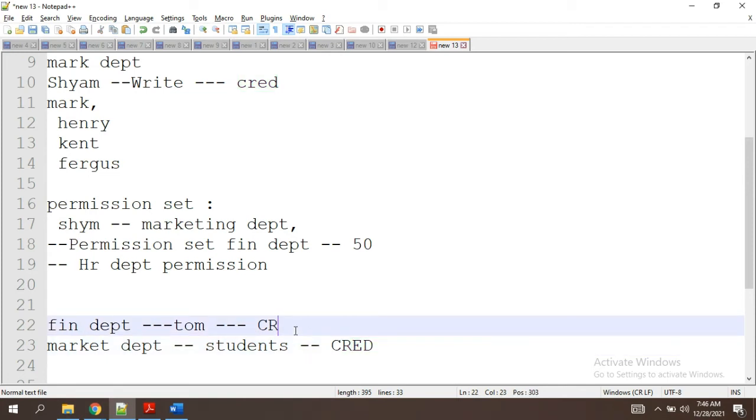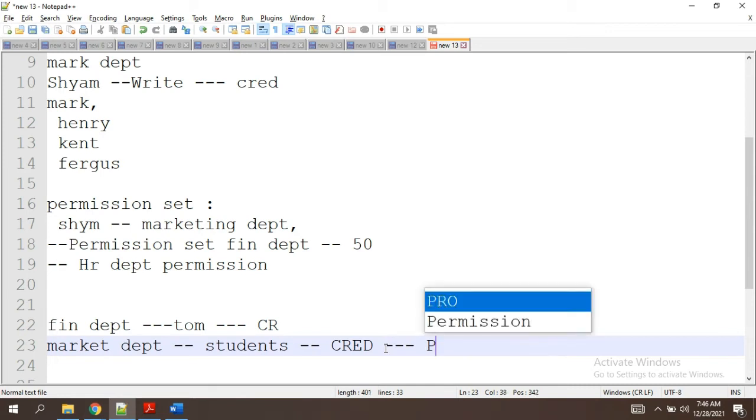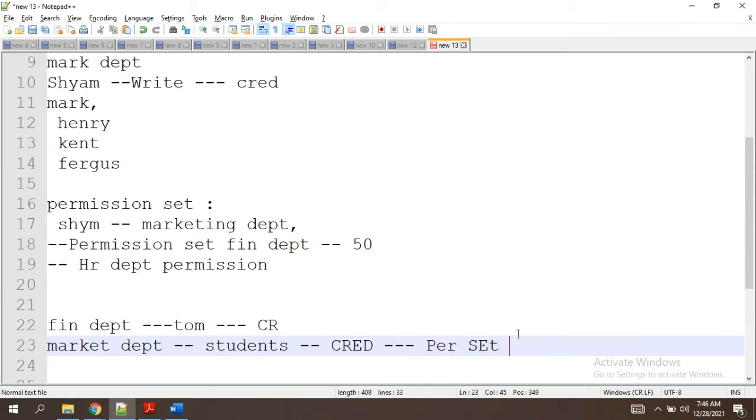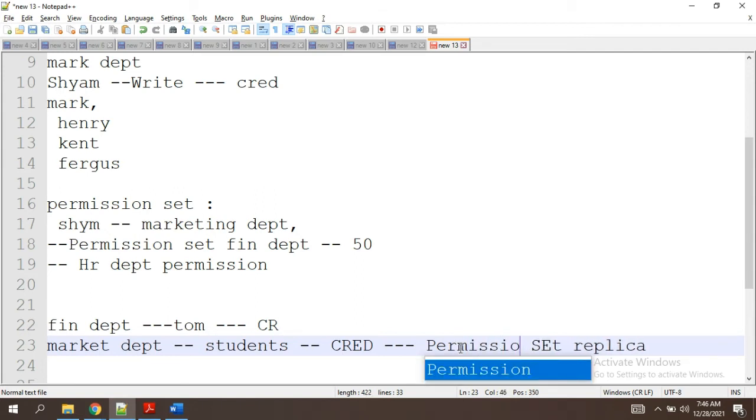For that, we are creating the permission set, a replica of this marketing department. Already we have the profile added to Tom, so for that reason we are doing this permission set replica, and here in this permission set we should give all the CRUD options.